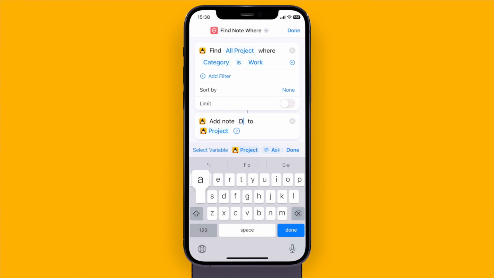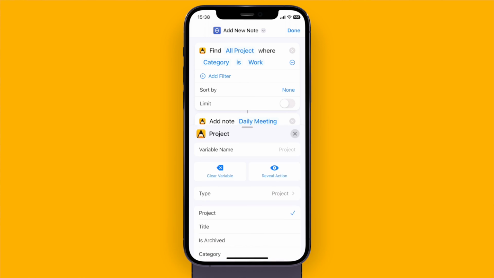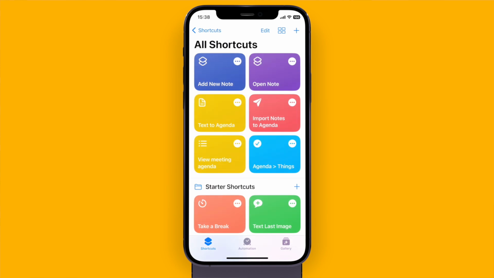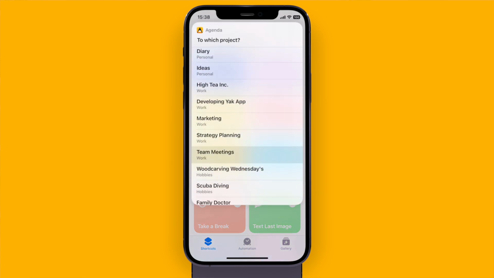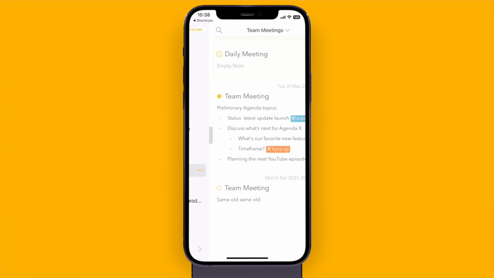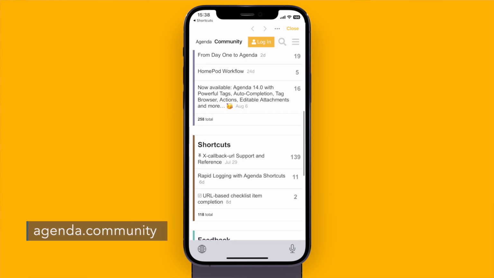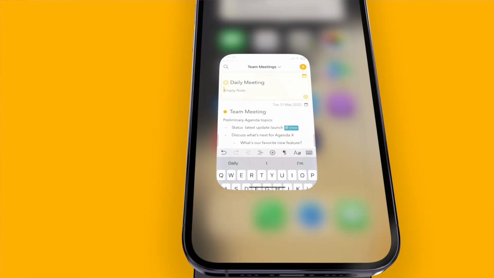What's also good to know is that this is a work in progress. The shortcuts we've added make use of a new technology from Apple that still has to mature a bit, and there's still a limited set of options and shortcuts available. But we plan to further roll out and improve these shortcuts in the coming updates, and likewise we also expect Apple to add many more options down the road. Keep an eye on this area, and again have a look at the Agenda community where we'll keep you up to date and you'll find everything about the latest set of shortcuts that Agenda supports.